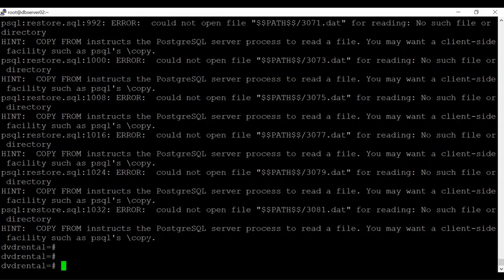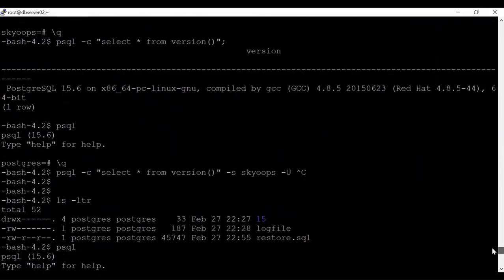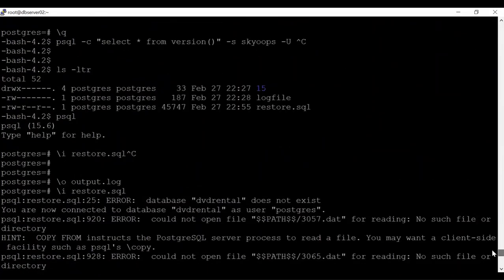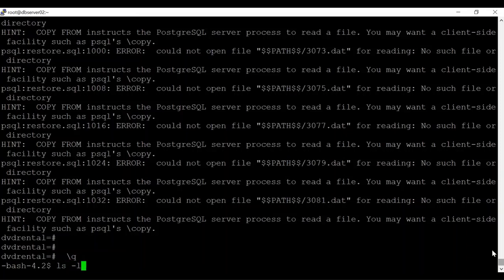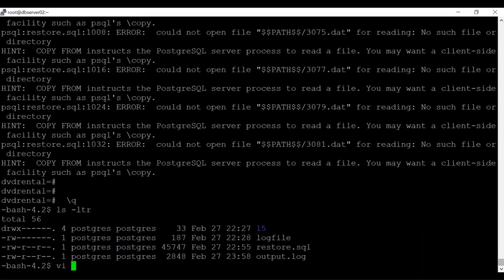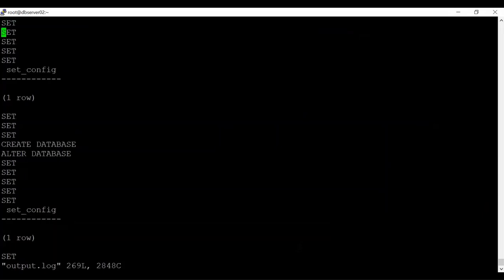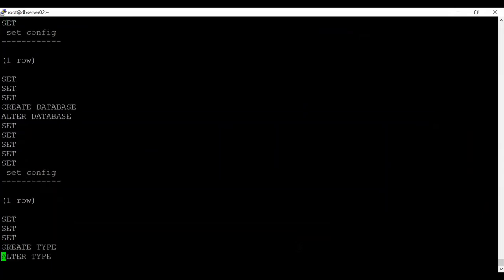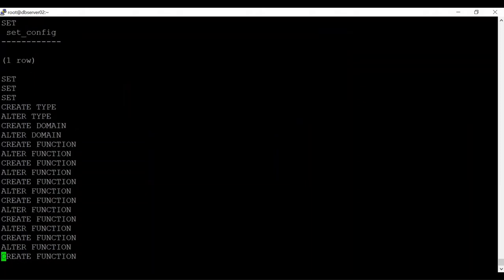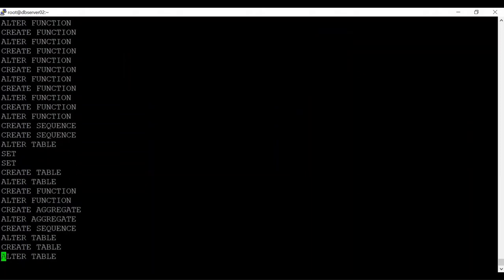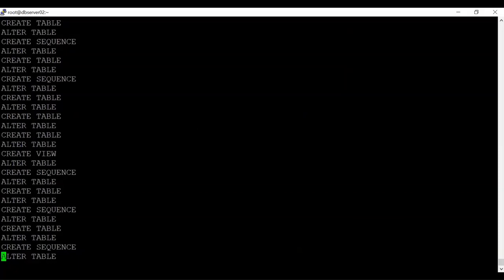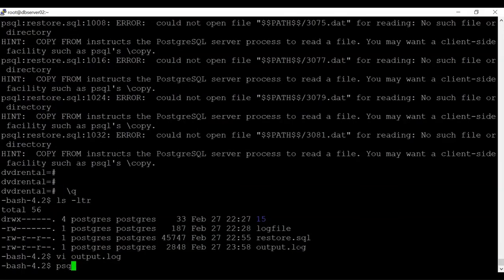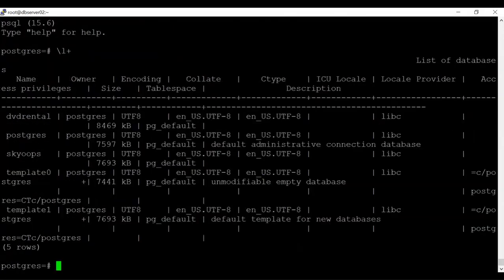Looks like something happened with that file. Yeah, looks like this file doesn't have some set of instructions. Here what it did, it has created a database and it has created some types, functions, and tables, and so on. So if you just go to psql and do \l+, you will also see